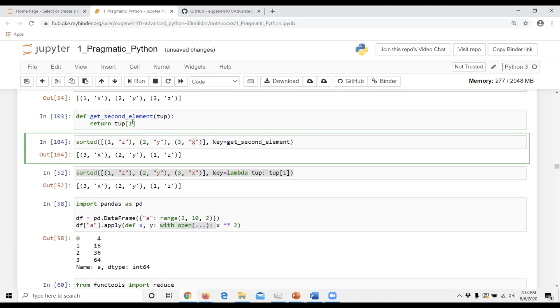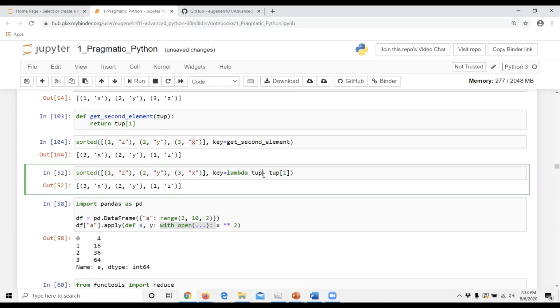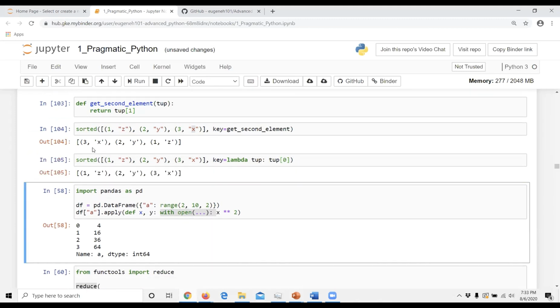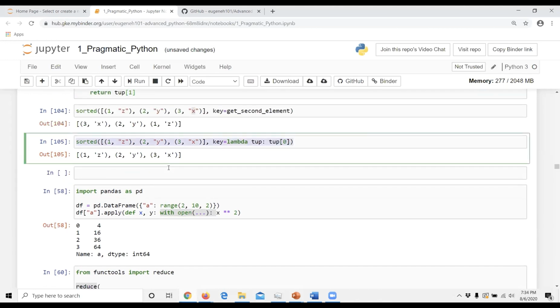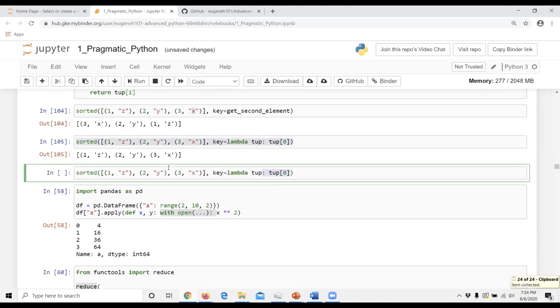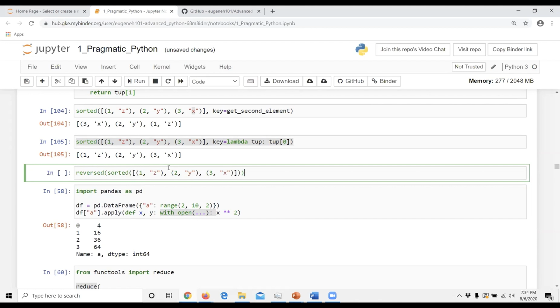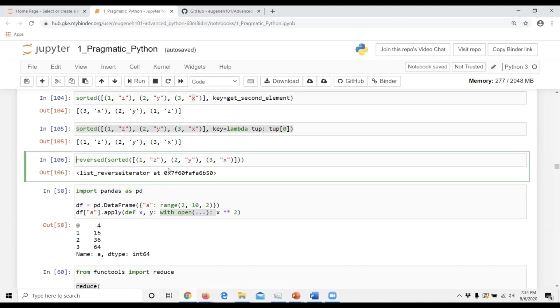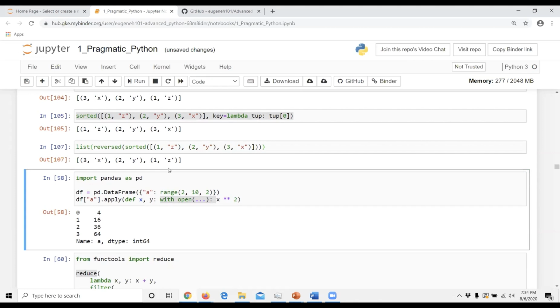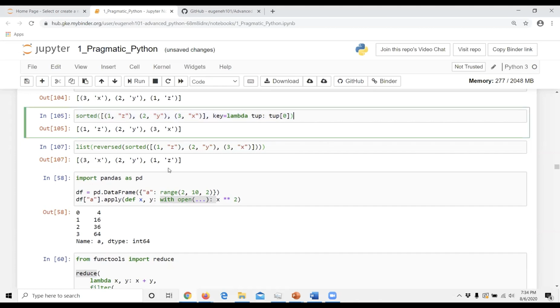So let's say I want to get something interesting. Let's say I want to do this, right? I want to get 1, 2, 3. I'm getting the first element, right? 1, 2, 3. How can I reverse the sort? One way I could do is I just do reverse. And it also creates a generator, so it doesn't actually show it to me. So I have to do this. So that's one way to do it. But what's another way to do reverse sorting using a lambda expression?